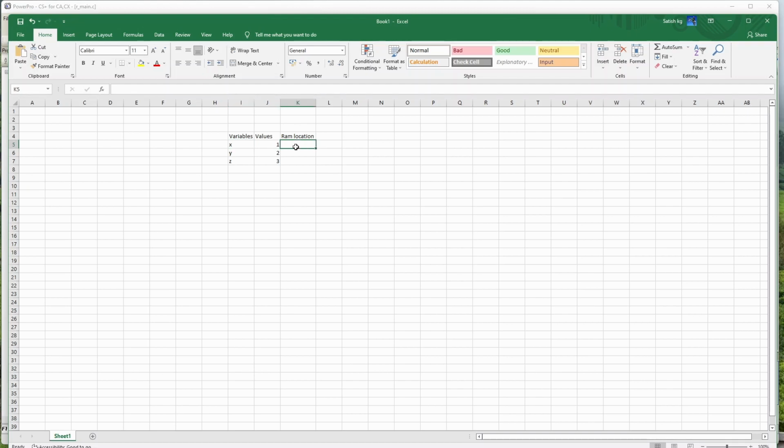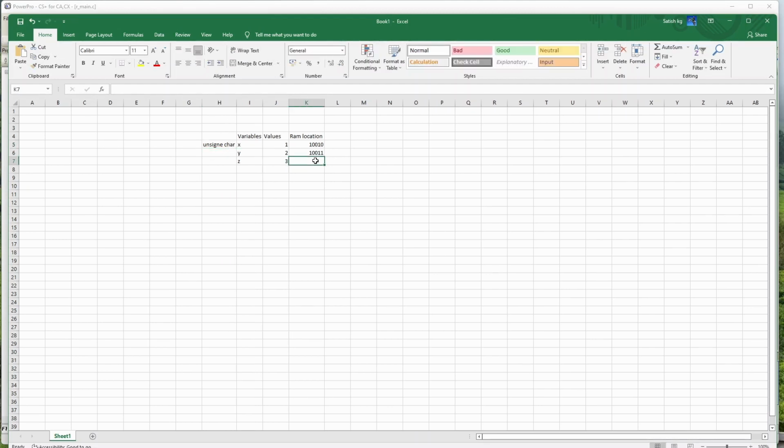So let's assume the RAM location for variable x is, for example, 1000, and the next will be 1001. This will be the RAM location, and I am assuming these are unsigned characters, so it will skip by one location. I am assuming the processor RAM is 8-bit. Now if it is unsigned integer, like a, b and c,